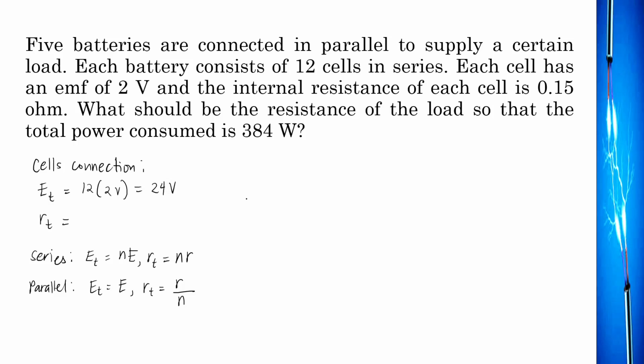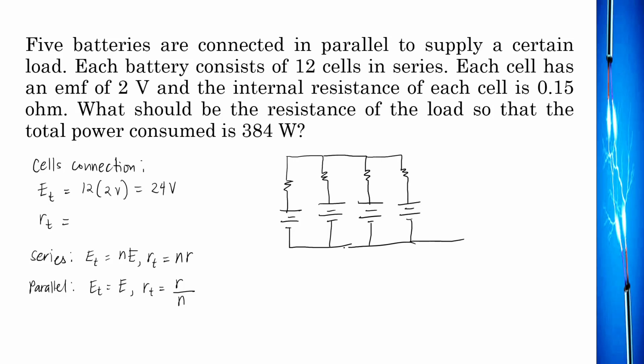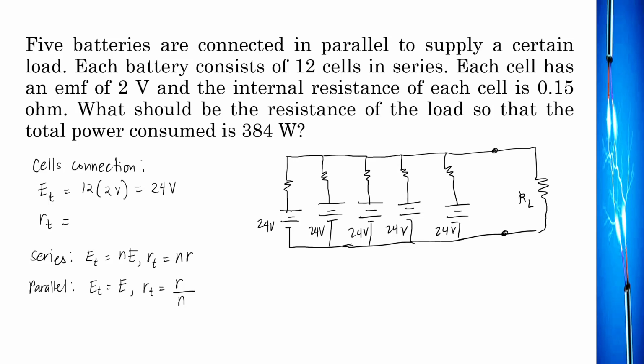So, ito, kada branch to. So, ibig sabihin, meron kang 5 battery, no, na nakaparallel nga, diba? Ayan. So, 5 battery yan. Okay. Ayan. Tapos, syempre, connected dito sa load na ito. So, this is yung RL. Ayan. So, ito, tig 24 volts yan. Okay, bawat branch, may 12 cells pong naka-series. So, kinuha lang natin yung voltage nung isang battery. No? Ayun. Okay. Ngayon, pagdating dun sa internal resistance, dahil 12 yan, tapos 0.15 ang isa, so 12 times 0.15,